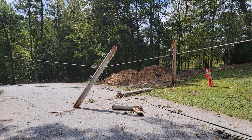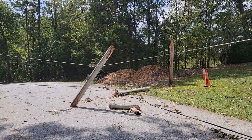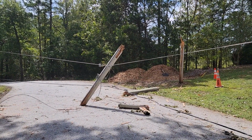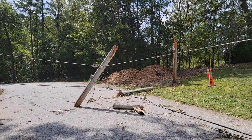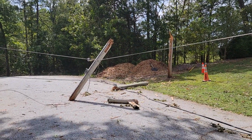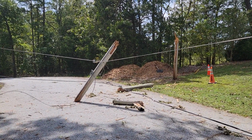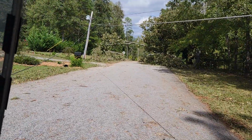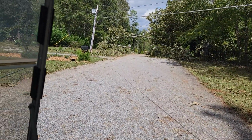All right, doing a short video on the neighborhood here, kind of the second day aftermath of the Hurricane Helene damage, and you can see this pole got snapped right in half, cut all the power out to this end of the neighborhood, and we've showed you this on another video over here, but this tree, I'm in my golf